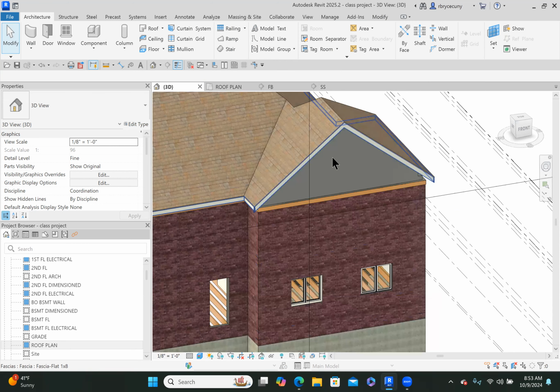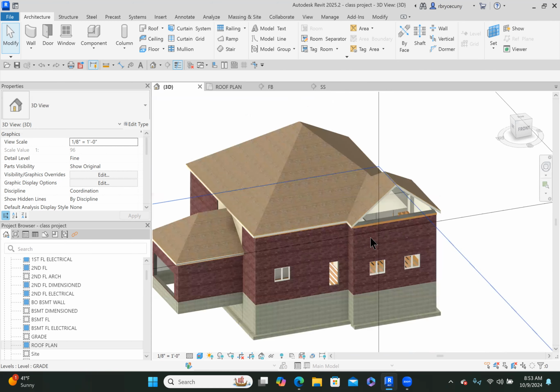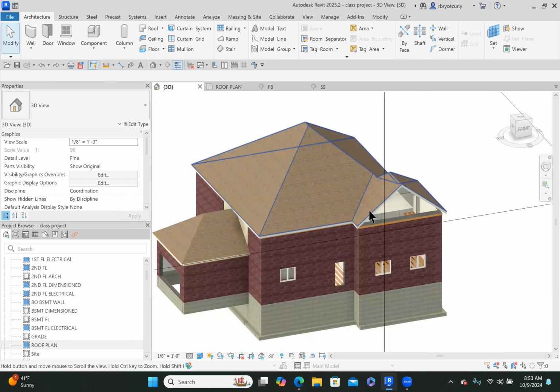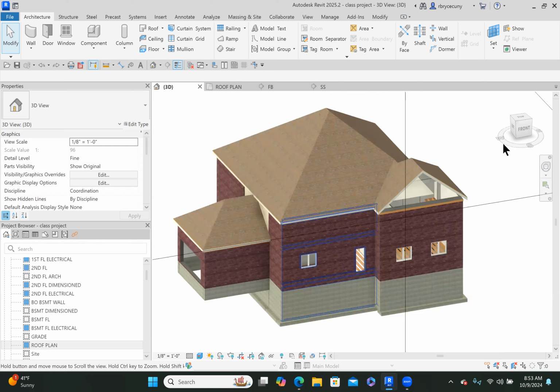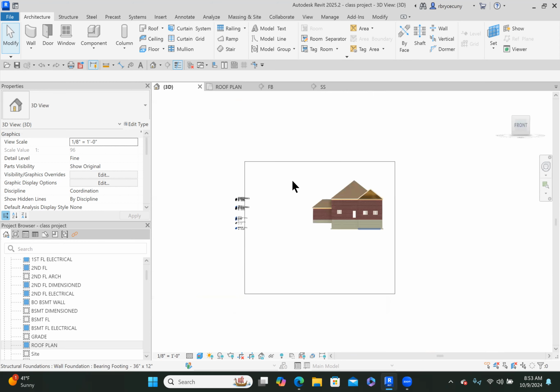The top piece of that wall just went up to the roof, but we wanted the brick to go all the way up. So we have to do some modifications to that wall first. Let's see. So we want to undo that, and we'll fix that later in a tutorial. But what I want to do now is actually